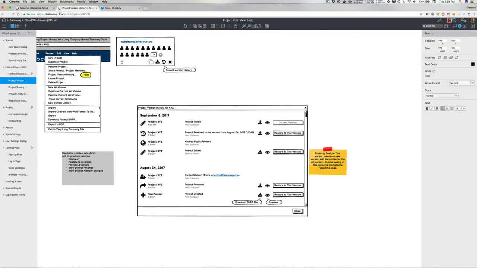Let's see. See who did what. Active preview meaning download, restore, preview we have to do, show renames, show member changes. Okay, that's good. All right, so the preview, I think we have to do,